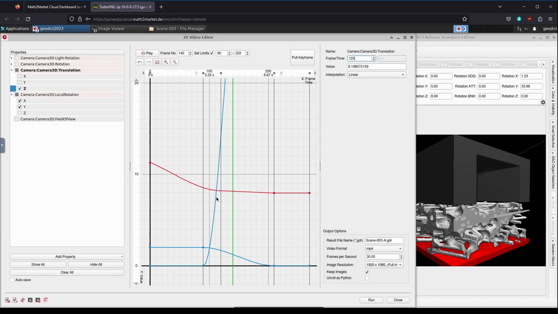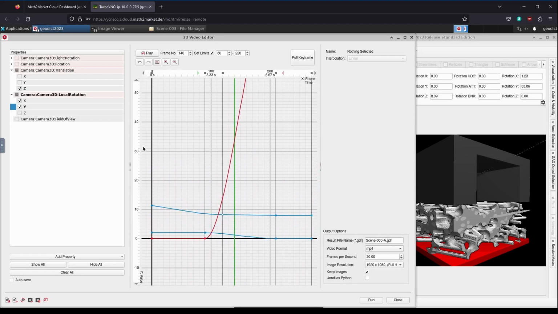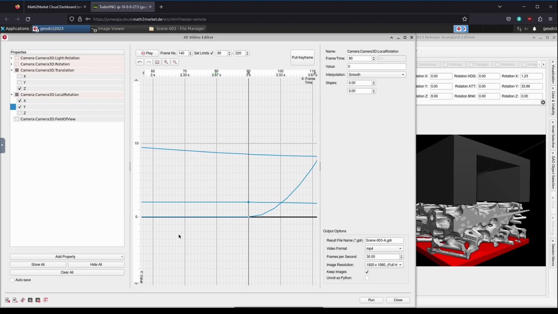Now we move on to the y-axis of local rotation. We orient ourselves so that we have a good view of the second control point and then select it. We now move the control point 10 frames to the left, in this case to frame 80.